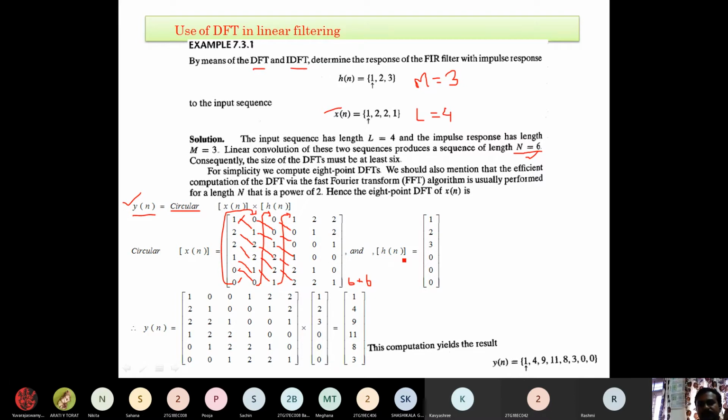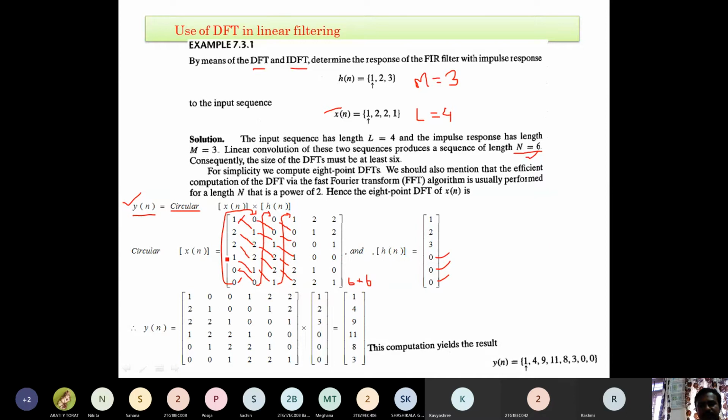So how do we keep this h of n? It is the given element: 1, 2, 3. But you need to put it column-wise, so it is 1, 2, 3. But we need to convert this into size N. The size of h is 3, so I need to add extra 3 zeros. Okay, extra 3 zeros. Therefore, this is the circularly shifted x of n matrix, and this one is the h of